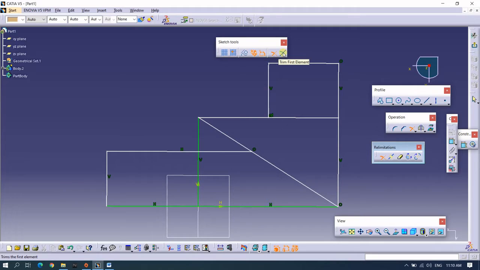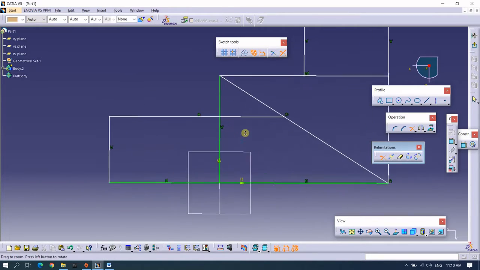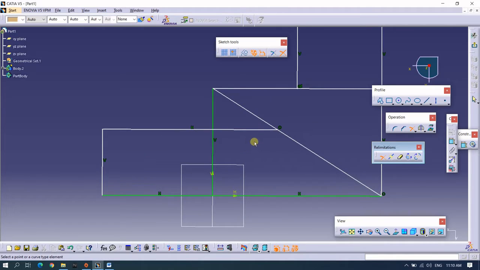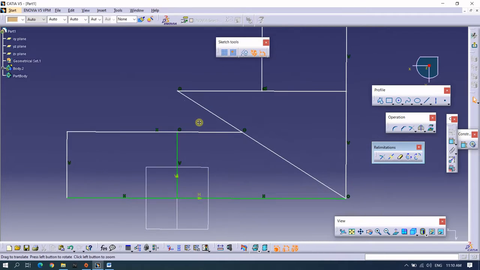Yes, I am selecting the second tool, that is trim first element. In this tool only the first element selected will get trimmed. Now I am selecting my vertical line as my first element and the horizontal line as my second element. See, only the first element I selected got trimmed and the second element remained as it is.